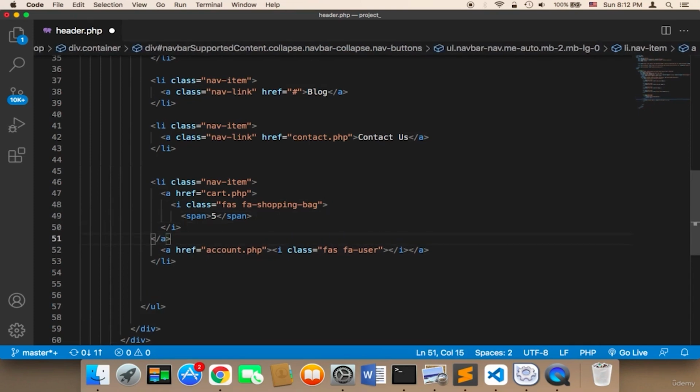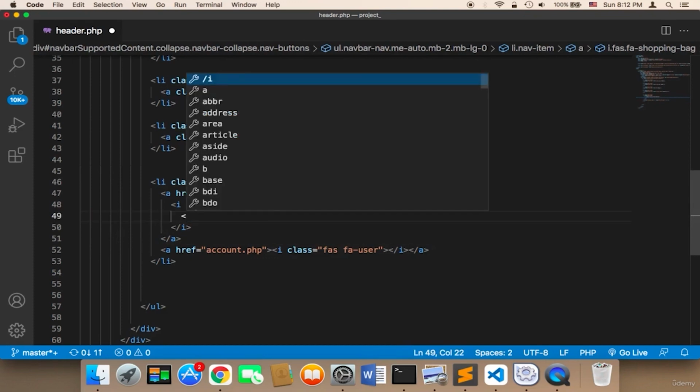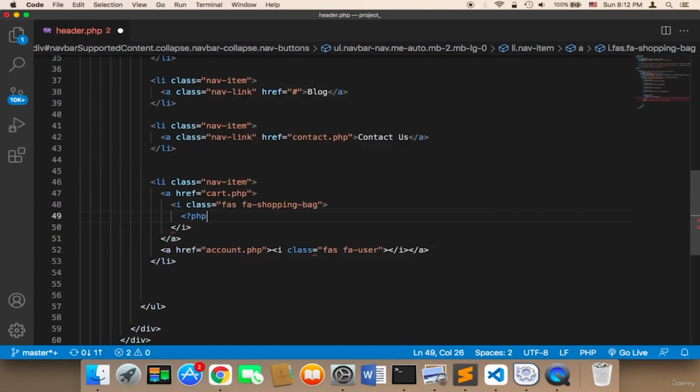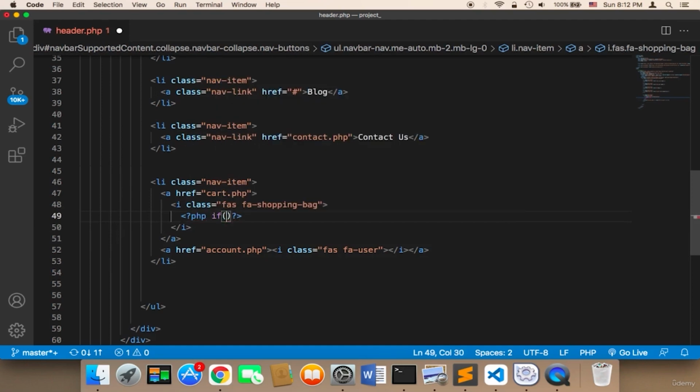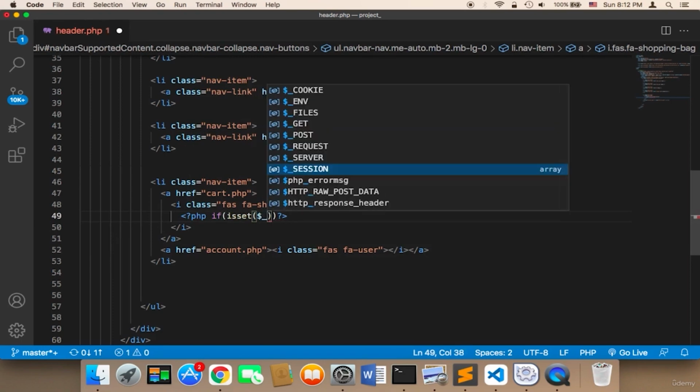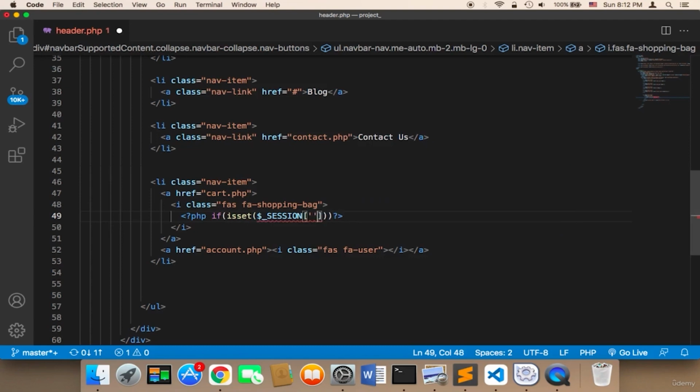And then let me show you what I'm going to do. I'm going to open a PHP tag, and then I'm going to say if isset session quantity